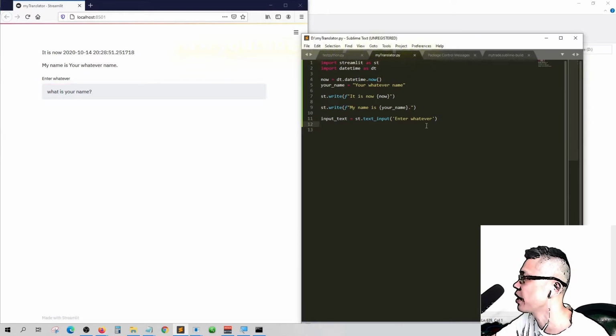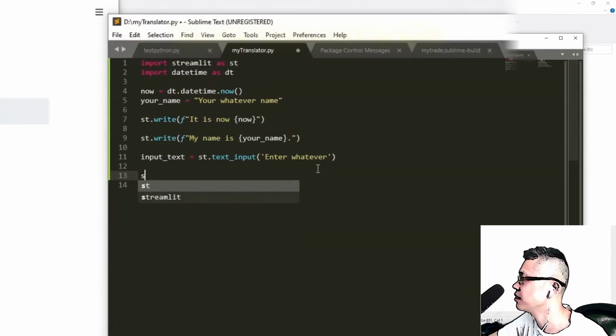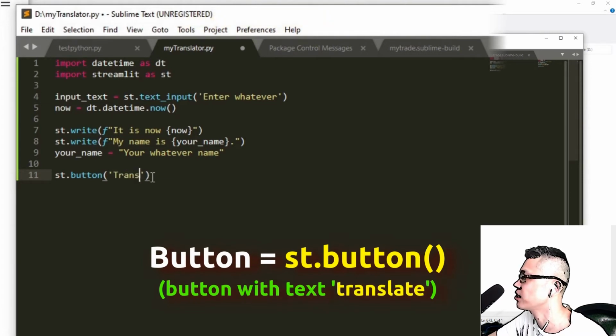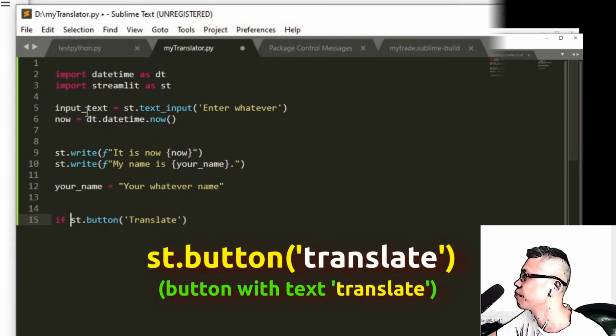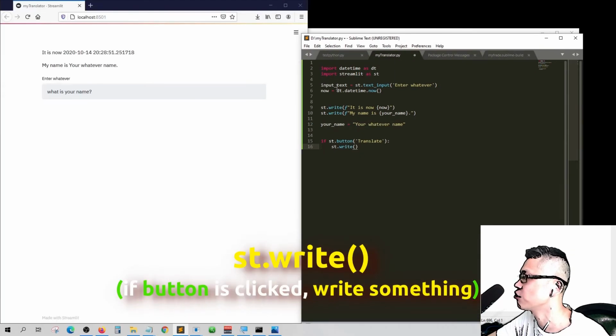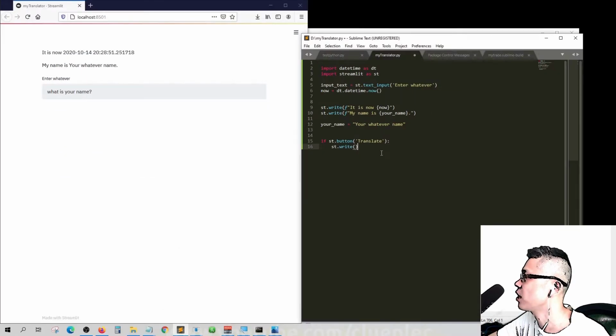So I'll just make one button. So when you click it, it will translate. Just call it button, st.button. Here, either single or double quote is fine. The text, just call it translate. So if Streamlit button is here for translate, yes. Then write to translate whatever I type in text area, which is here. Oops, I forgot the translator object. Sorry about that. Let me import Google Translate.